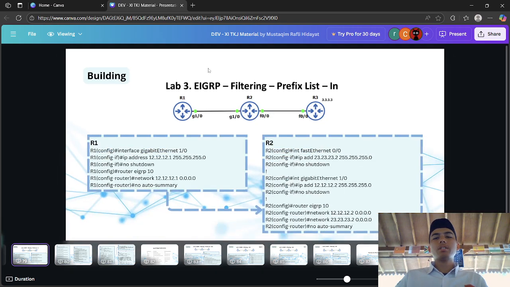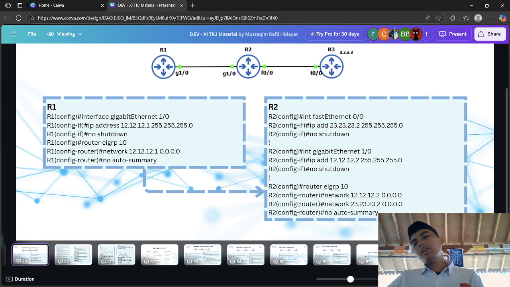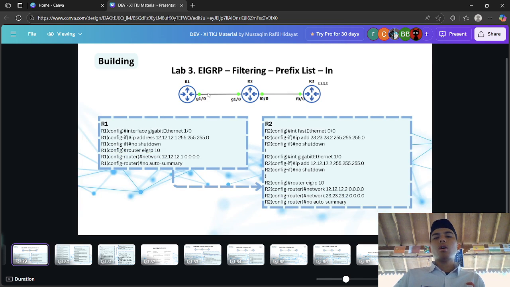We also put IP addresses on router 2, 12.12.2 and 23.23.2, and in router EIGRP we advertise network 12.12.2 and network 23.23.2. When network 12.12.1 meets 12.12.2, they become adjacent and can share routing table information with each router.